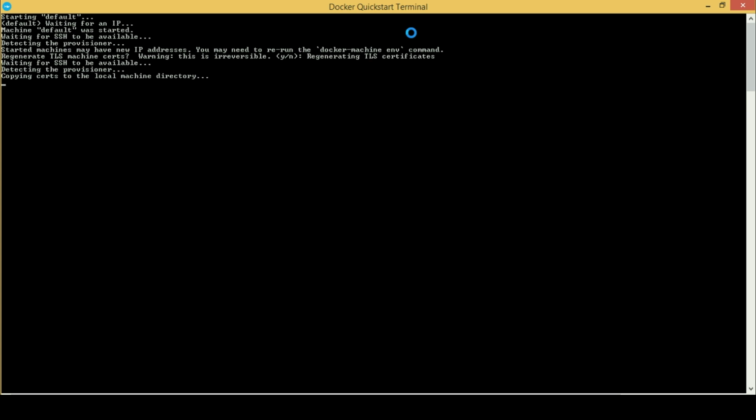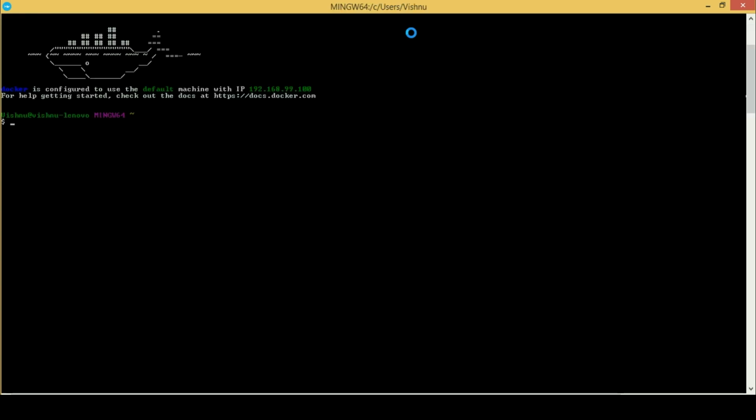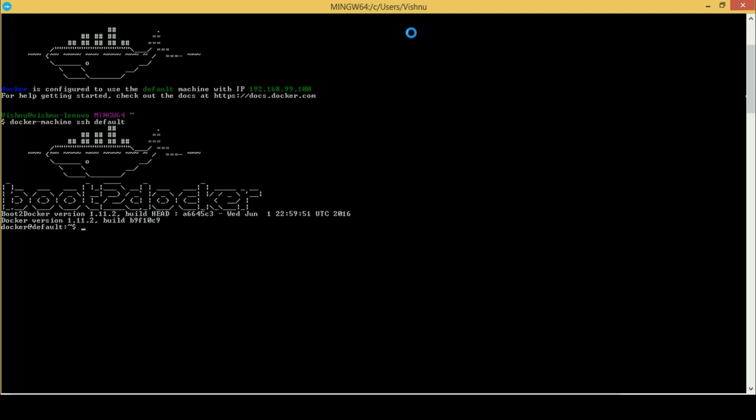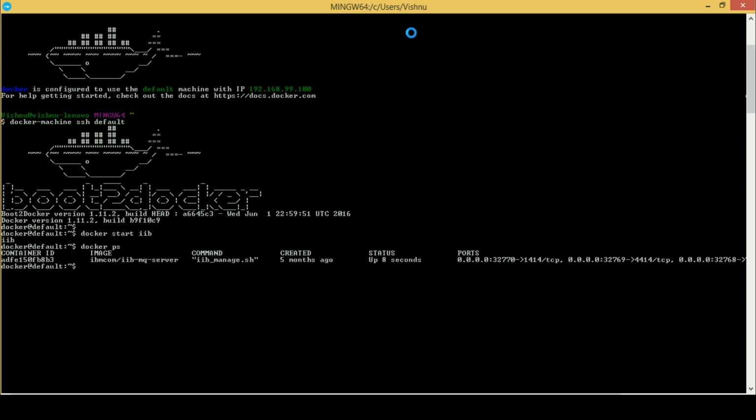Then, I will have to start my IIB runtime. IIB runtime has been started. Enter into the terminal of the IIB container.